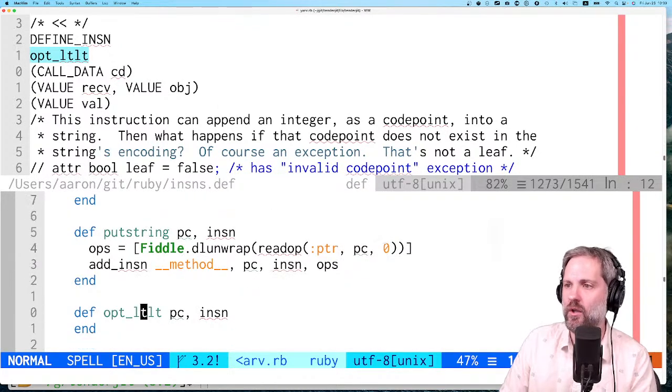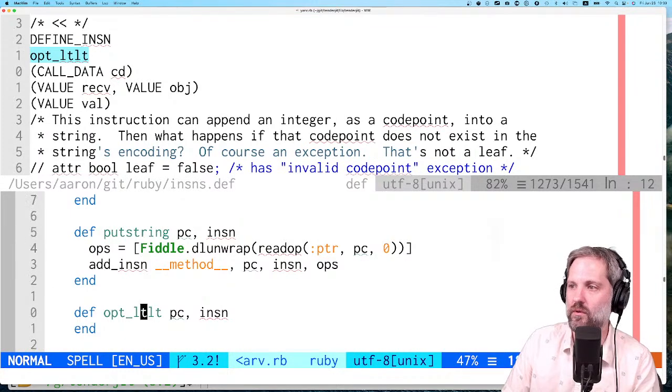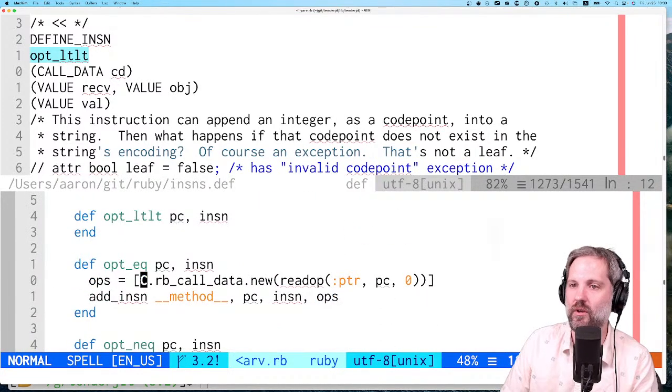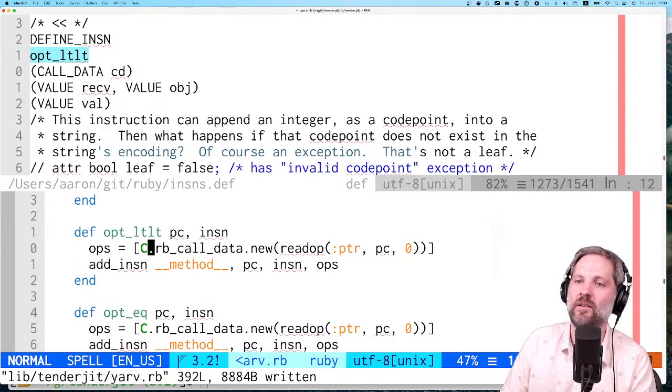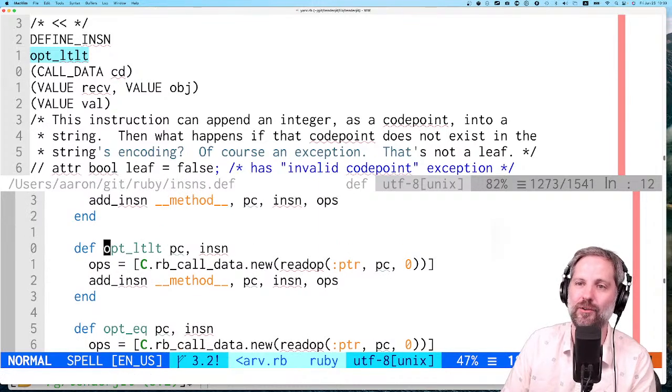So we just need the, what do we need? I'm just gonna copy somebody else. Opt EQ, yeah, it's fine. Right there. So we just need the call data, RB call data here. And I did this, I'm gonna add an instruction. I like this method here, under method. I'm gonna add an instruction with the name of the method, and then it has the program counter, instruction, and